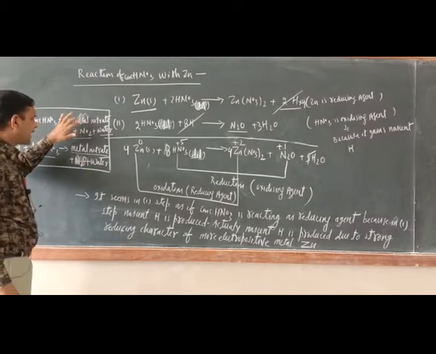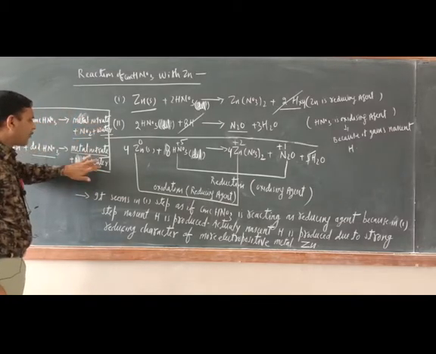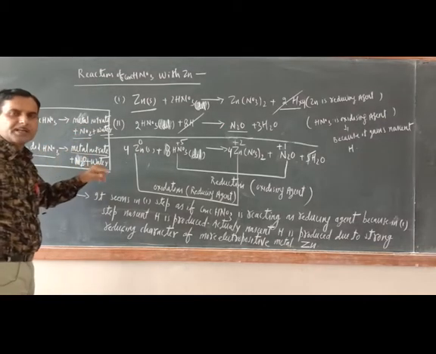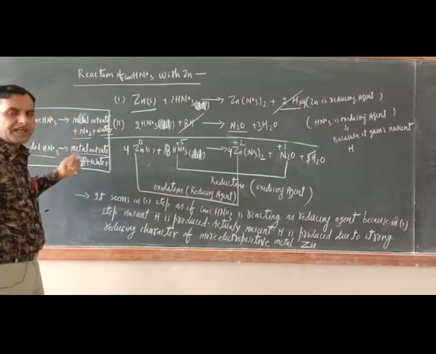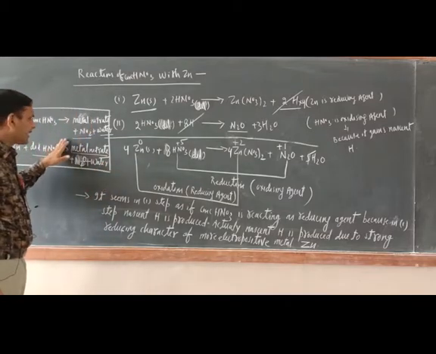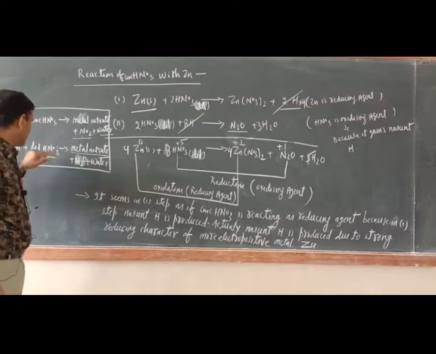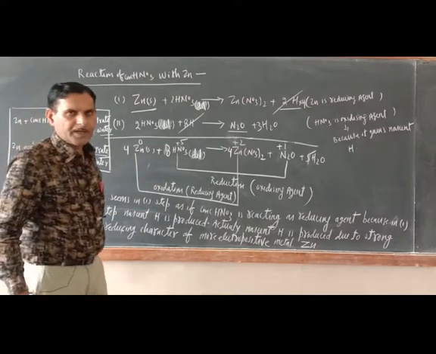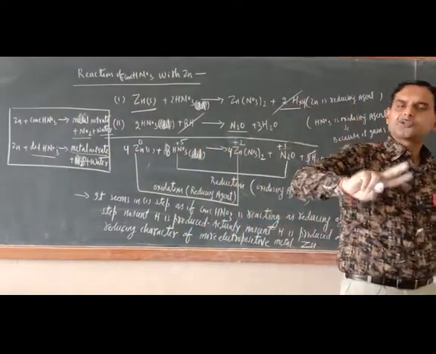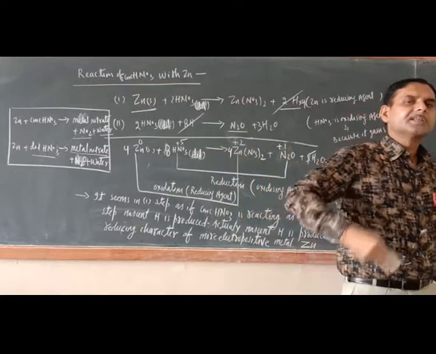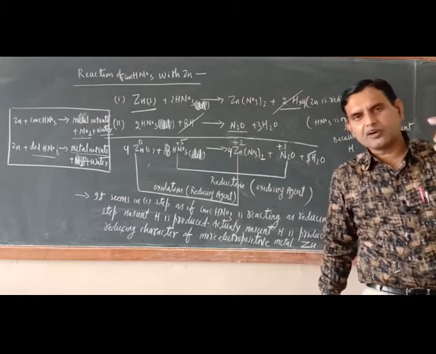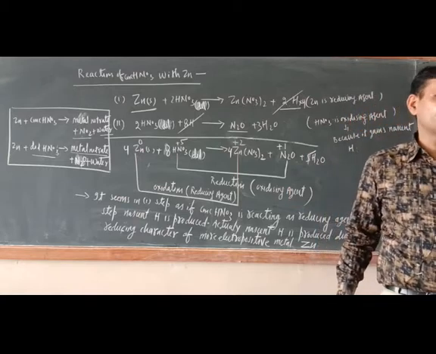So just see, metal nitrate common, water common. Which is the different one here? NO2 and N2O. In case of concentrate, NO2. In case of dilute, N2O. Once again, in case of concentrate, NO2; in case of dilute, N2O. So that is the reaction of concentrate HNO3 and dilute HNO3 with zinc, an electropositive metal. Now the reaction of concentrate and dilute HNO3 with a less electropositive metal, that is copper.